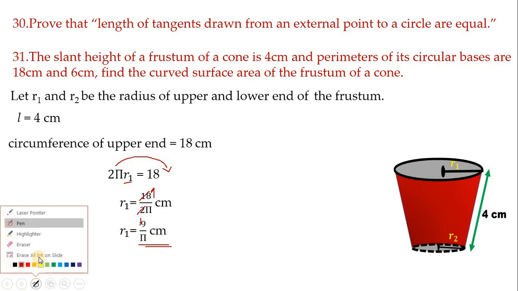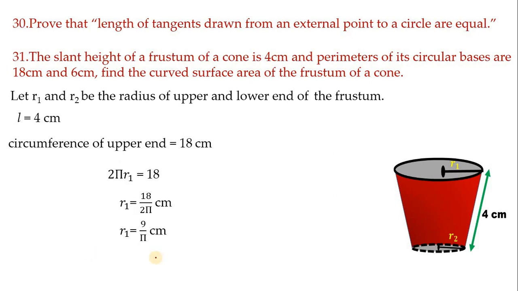Children, you may ask why pi value you have not substituted, sir. So don't substitute pi value. If you find r2 value, there also we get pi. So it helps us to find CSA very easily. If you substitute pi value, then also you'll get the answer, but while calculating, it takes much time. Hence, don't substitute pi value. So now we have got r value in terms of pi.